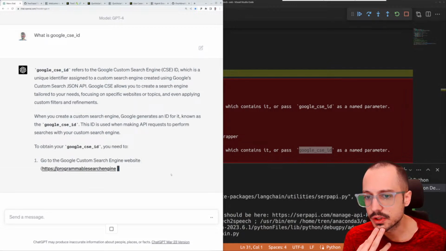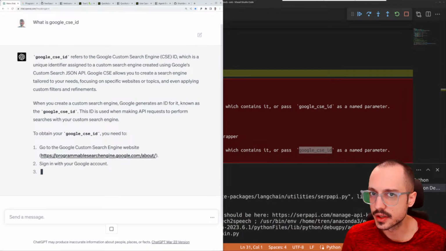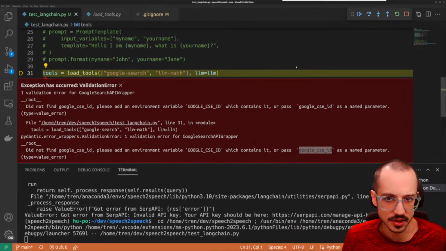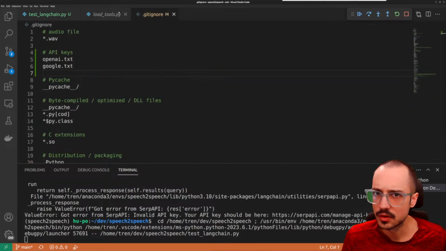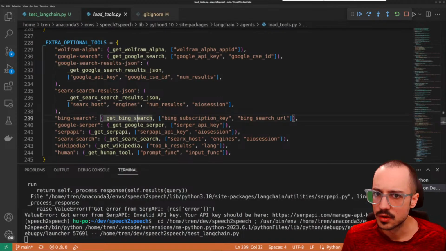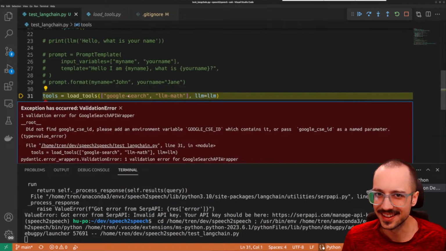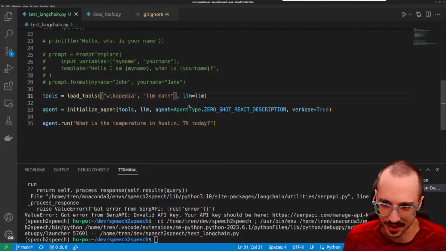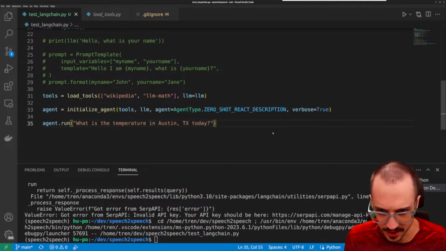Go to the Google custom search engine website. Okay. Oh, I don't want a custom search engine. All right. Let's just say Wikipedia. So Google search seems to be basically if you had Google search enabled on your specific website, and then you would be able to say on this specific website, basically. So let's instead say,